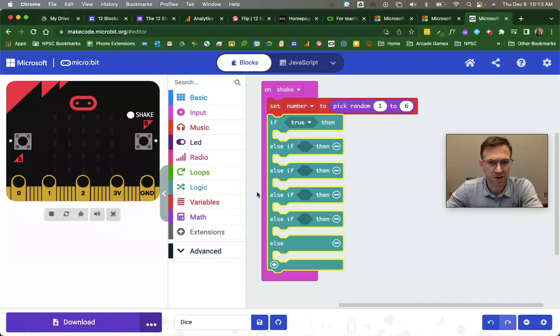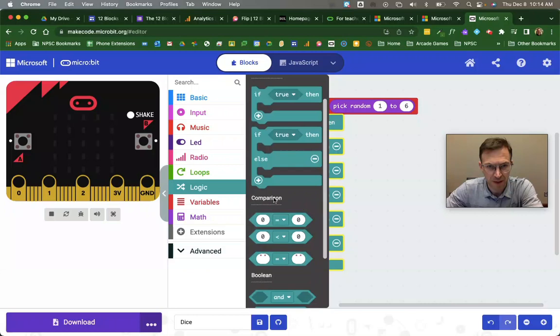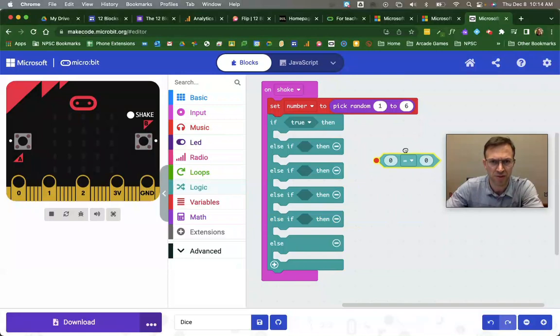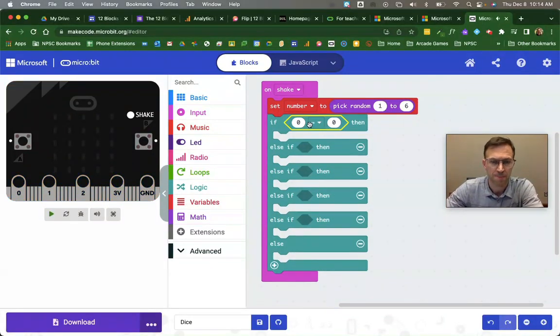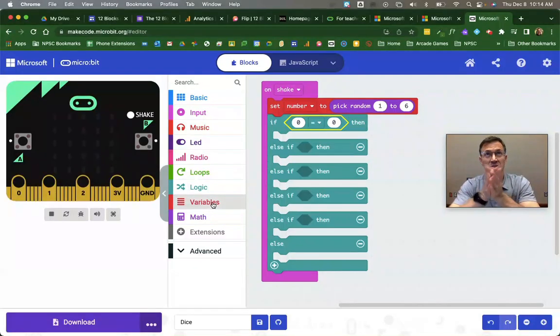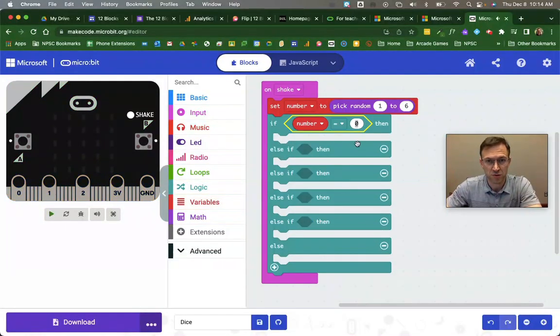So now what we're going to do is go back into our logic block. And if we go to this first block right here, we're going to compare what the answer is. So if we drag the first comparison block, we're going to bring that into if this is true, then. So now if we go back, what are we trying to compare here? We're going to compare our number variable, which we've created right here in the first line. So we're going to go grab that number variable from the bubble here. If that number is equal to 1,